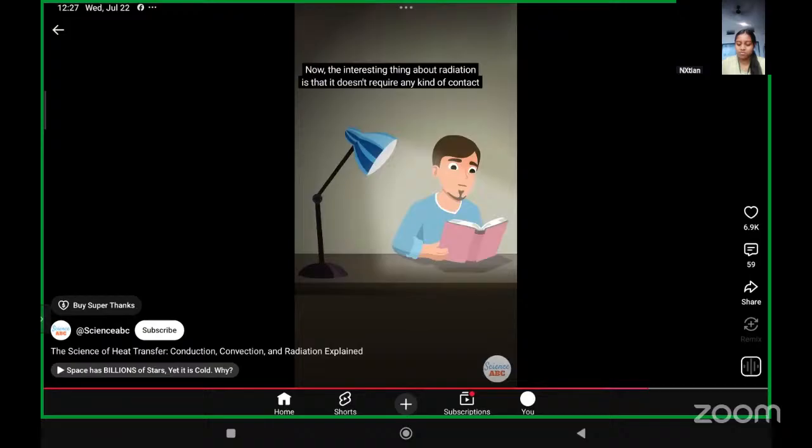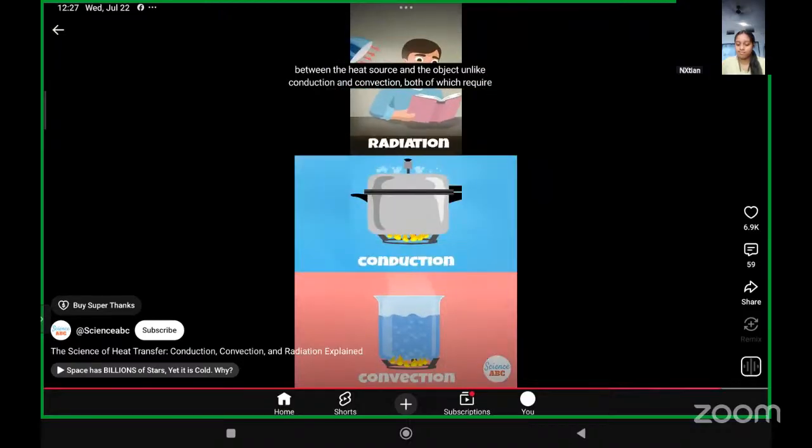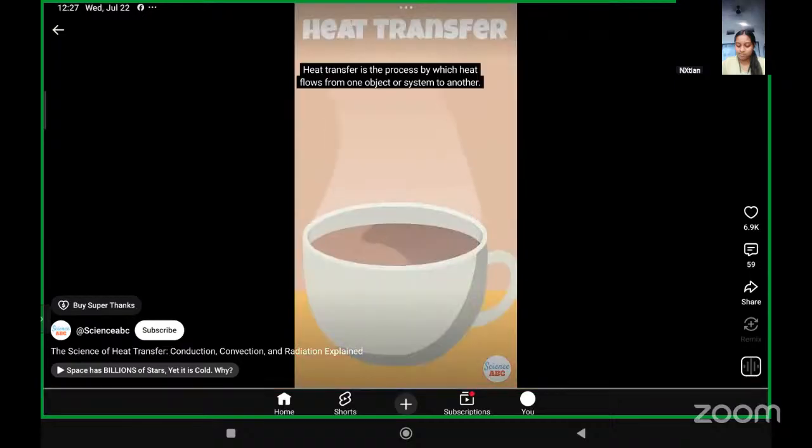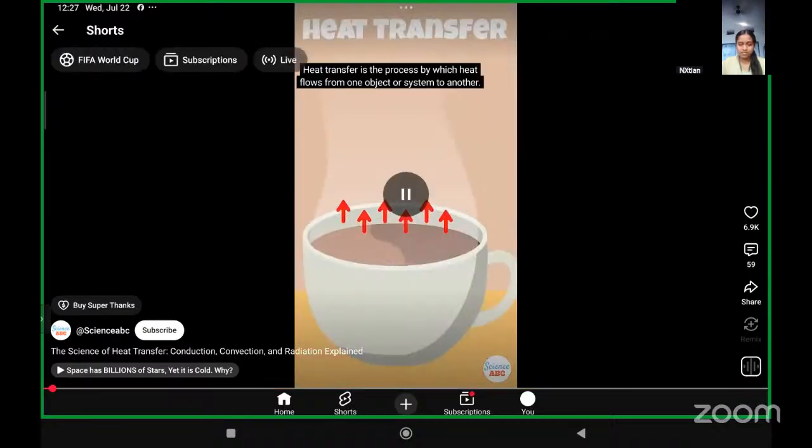Now, the interesting thing about radiation is that it doesn't require any kind of contact between the heat source and the object, unlike conduction and convection, both of which require matter to transfer heat. Heat transfer is the process by which heat